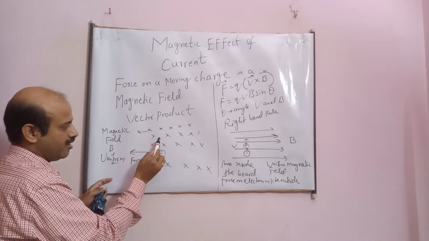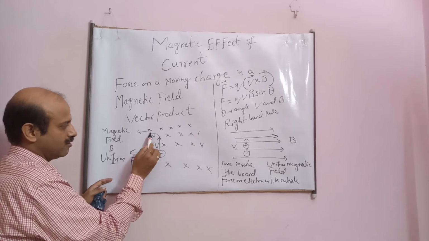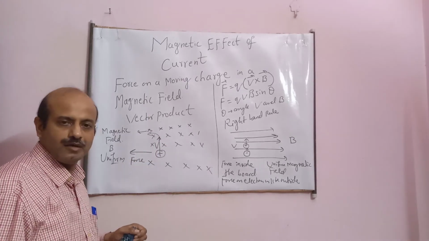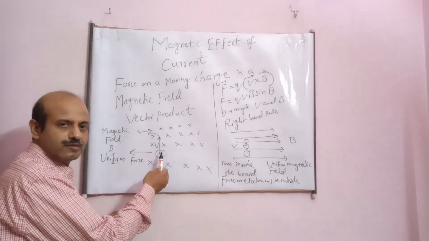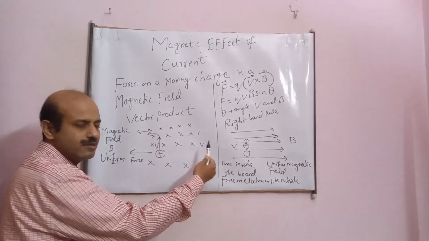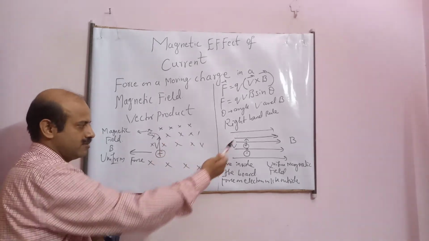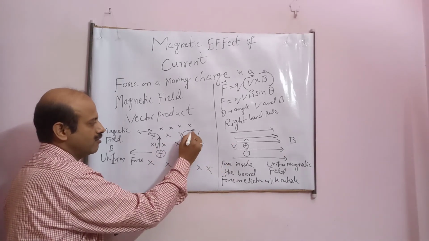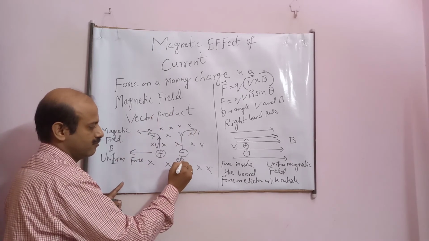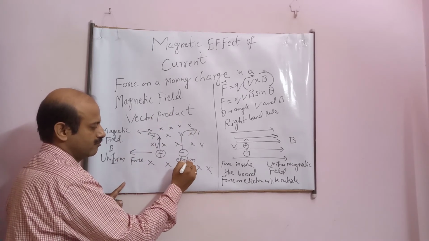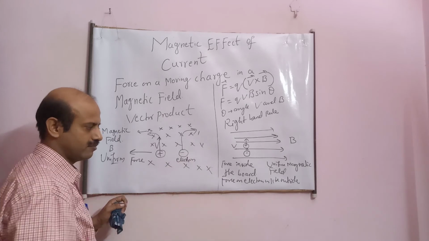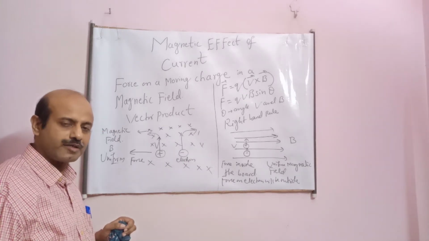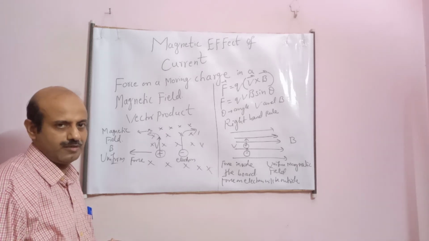So this particle will turn along this side. And if it is an electron, the direction will be opposite to this side, the right side of this. It will deflect. If it is an electron, the force will be along this side. This is how, student, you can find out the direction of force by this means. Thank you.